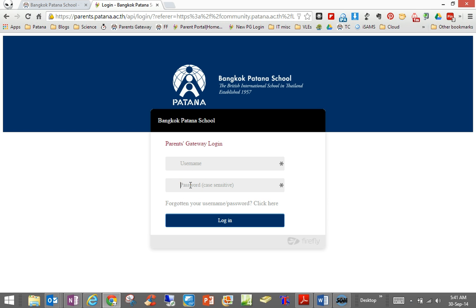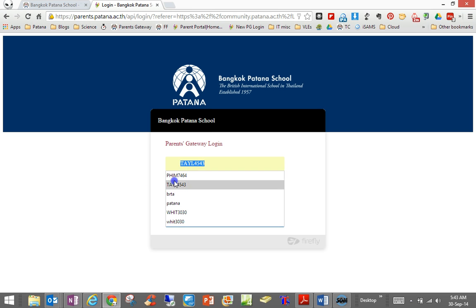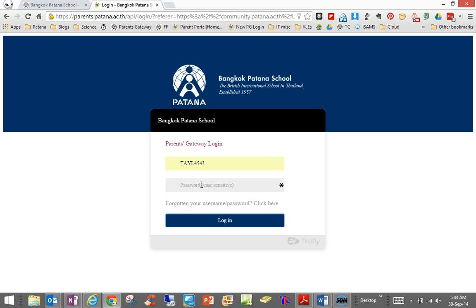If you cannot remember or have forgotten your username or password, then please click here. This will send an email to the school and we will respond to you with the details of your username and password. So I'm going to log in using my current Parents Gateway username and password, and when I have